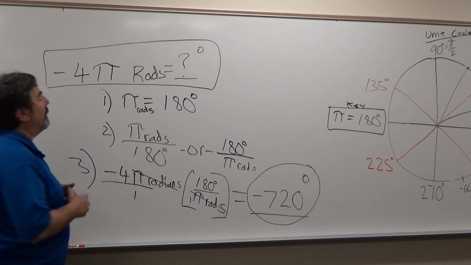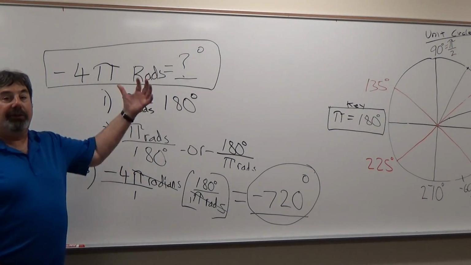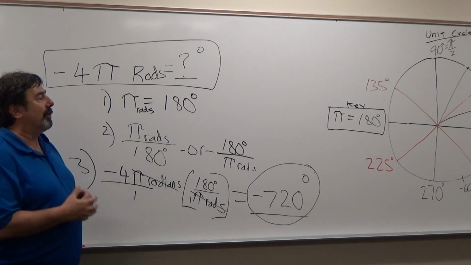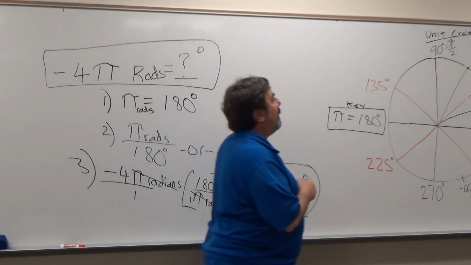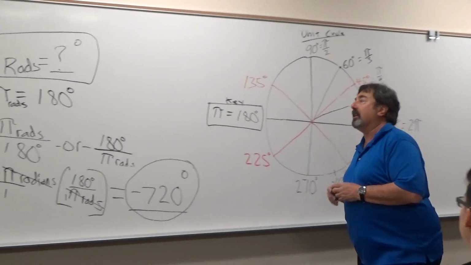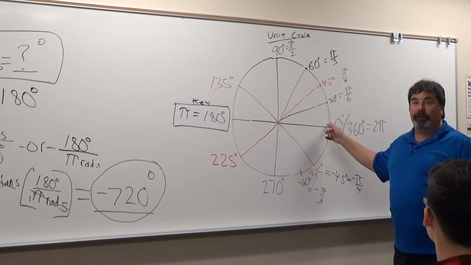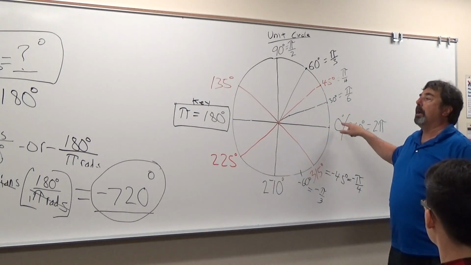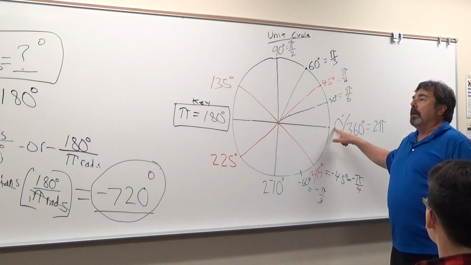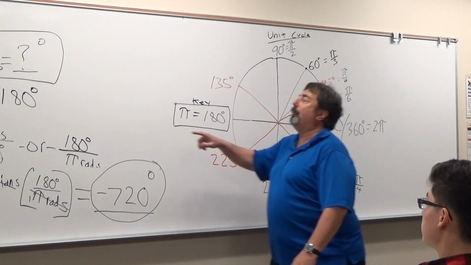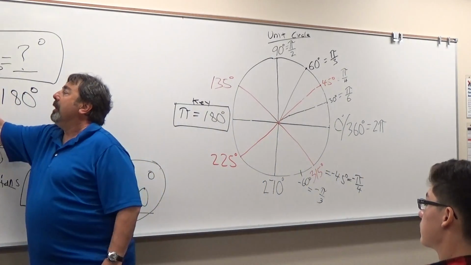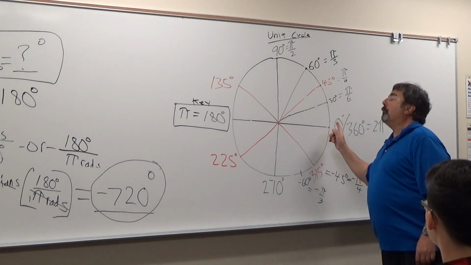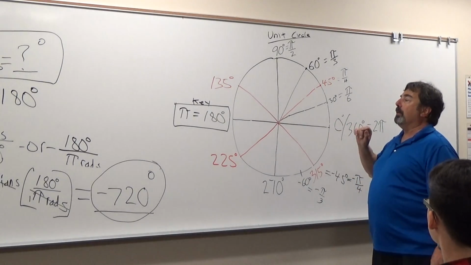Now, as an aside, I'm going to show you real quick on this one problem. We may have been able to do this problem without doing this. You might have been able to do this using just the unit circle, because we know that 360 degrees is once around the unit circle, right? So 360 degrees would take us to right here. Now, since this is negative 4 pi, right? Once around the unit circle is 2 pi. So if we go, and I'm not taking the negative into account yet,